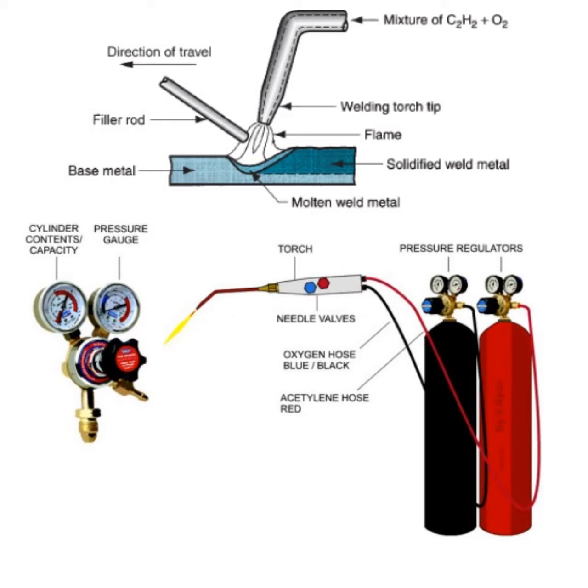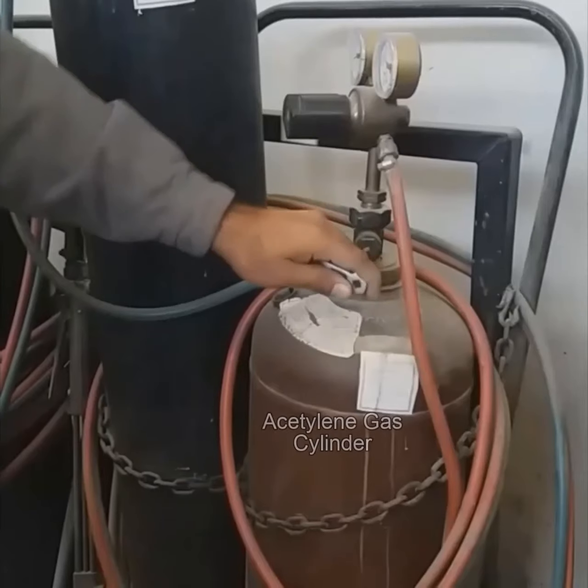During oxyacetylene welding, three flames are produced. One is the neutral flame, second is the oxidizing flame, third is the carburizing flame. All the flames can be used to weld different metals according to their melting points and other properties. In this video, you will see all the three flames during the welding process.